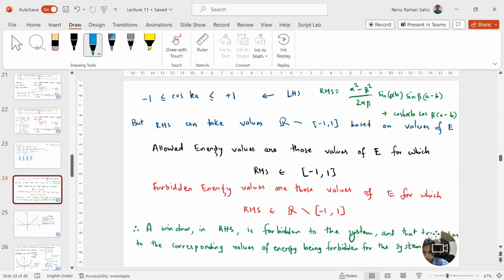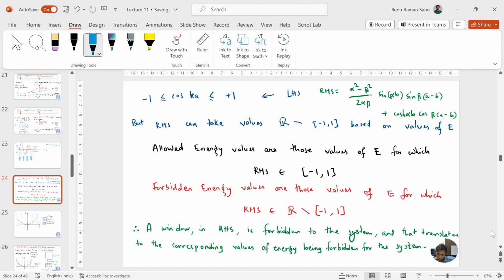RHS can take any value, even beyond -1 to 1, based on values of E. Allowed energy values are those values of E for which RHS